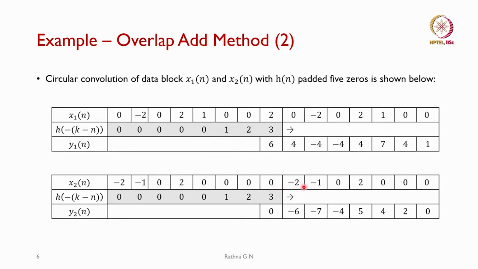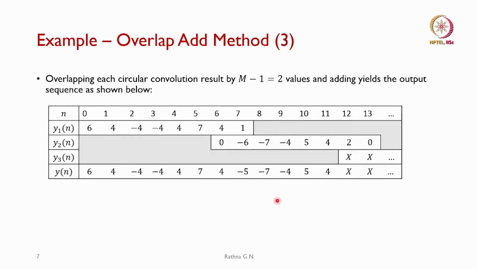So, this is minus 2 into R3 which is minus 6 and so on, you can compute it. So, the output y2 of n is given here. Then next is how we are going to use this overlap add method. So, we know that the convolution result has m minus 1 extra values, and adding them yields the output sequence as shown